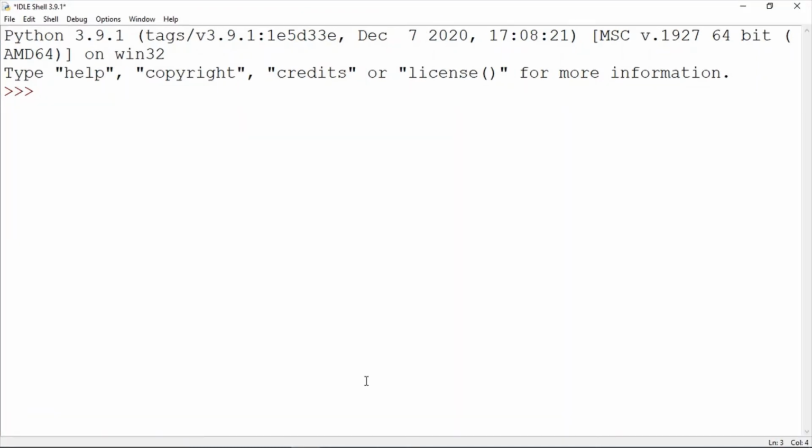Now let's see how to declare a list. Basically, a list is defined by using a square bracket. Let's understand it with a few examples.